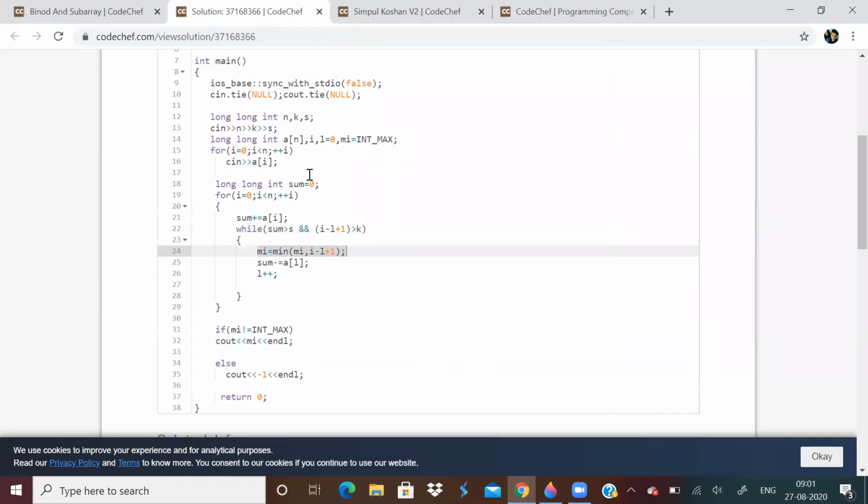So this was a sliding window technique. It is good that it appeared in a problem and I explained it through the problem only. Otherwise, I was planning to make a separate video. So in general, the question can be like, find the length of the smallest subarray whose sum is greater than K and whose length is greater than some value. So this is a combination of two questions actually, but it's very simple. So this is how you use the sliding window. I hope you understood the code.